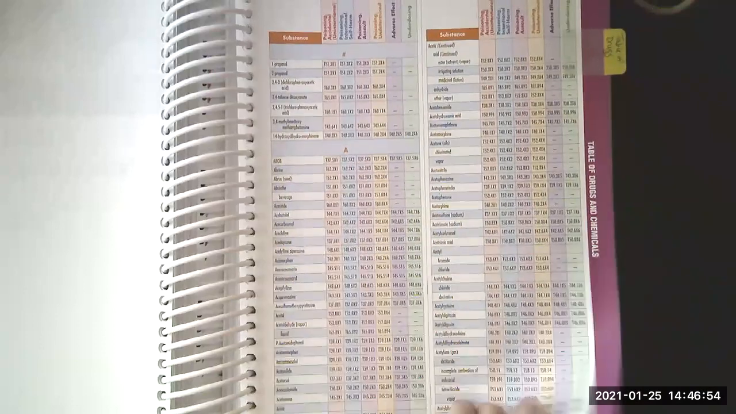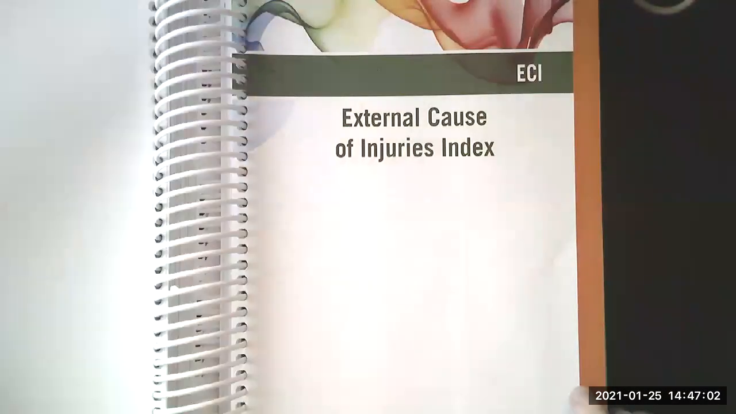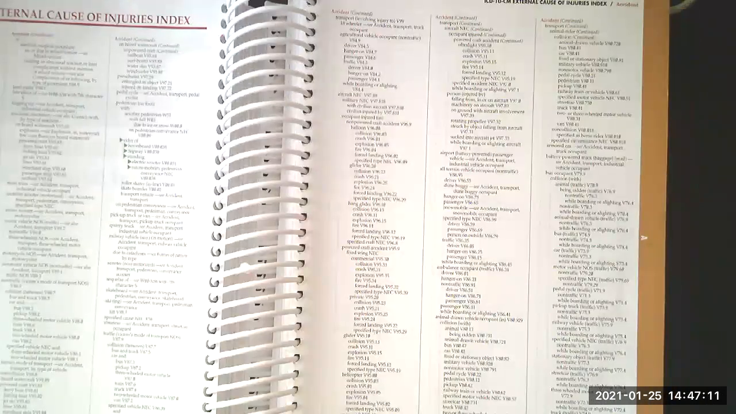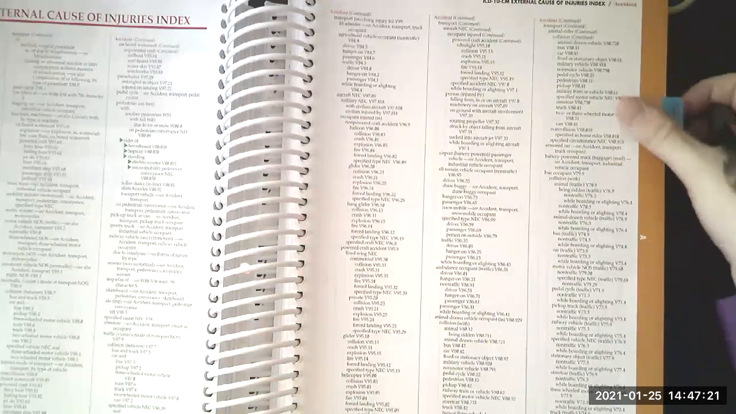And then we're going to flip up to the external cause index. And that's on 601. Again, I like to put my tabs here on the first page. And tab it wherever is most convenient for you. External cause is